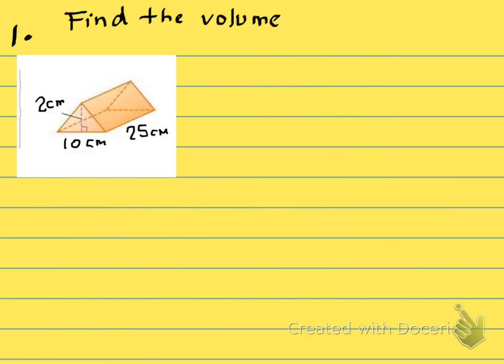Okay, so for this first problem, it says to find the volume. So I have changed the numbers a little bit so that they're easier numbers to work with, so I can make sure that you have the concept. Since this is a triangular prism and it's a find the volume question, you're going to have 2 formulas. The first formula is V equals big B times little h. That's saying the area of the base,